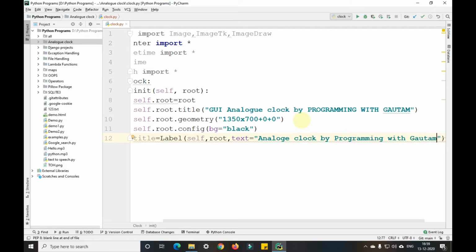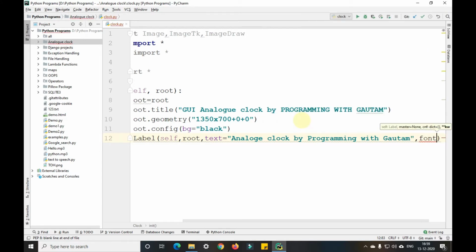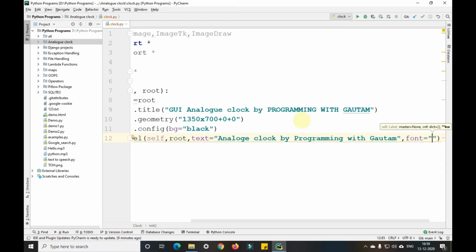Okay, and we'll set the font for this, comma, font equals, in double quotes, we'll give Times New Roman as of now.